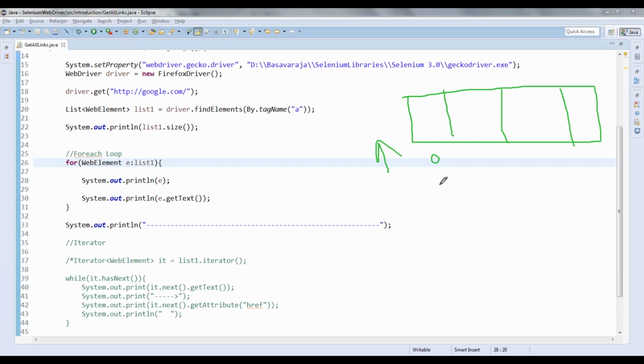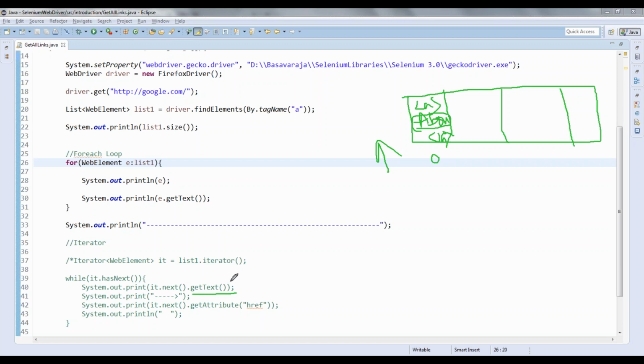I am going to the 0th element, and if I want to get some text, it will be like about. To get that about, I have a method that is get text.